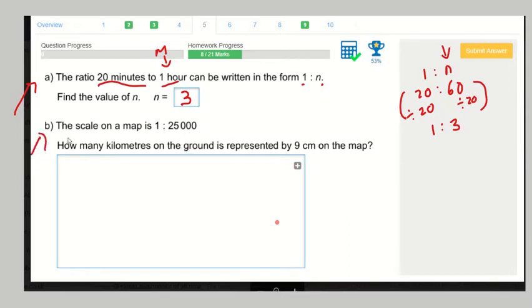Now the second part of the question tells us that the scale on the map is 1 to 25,000. What that means, on a map you might have 1 centimetre, and on the ground outside it would be 25,000 centimetres. The question asks us how many kilometres on the ground is represented by 9 centimetres on the map. Well, if 1 centimetre on the map represents 25,000 centimetres on the ground, then 9 centimetres on the map represents 9 times 25,000 centimetres on the ground. And using a calculator, we work that out to be